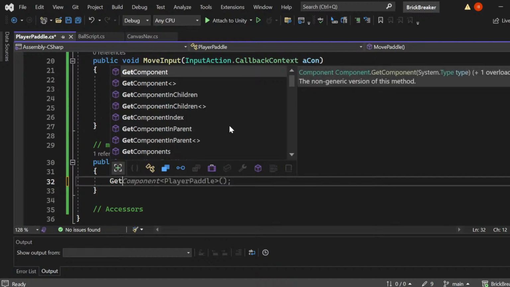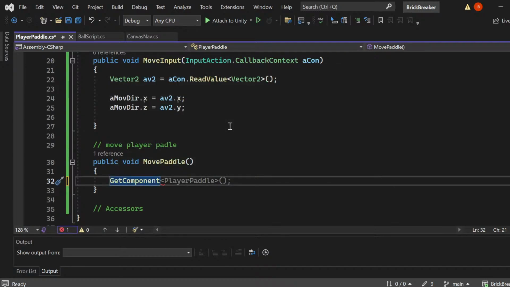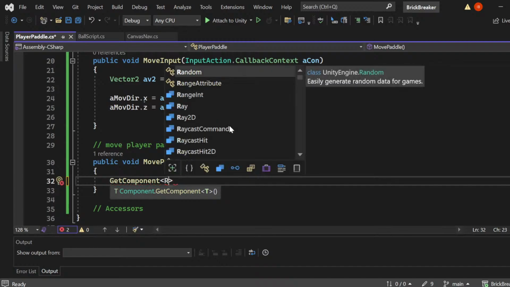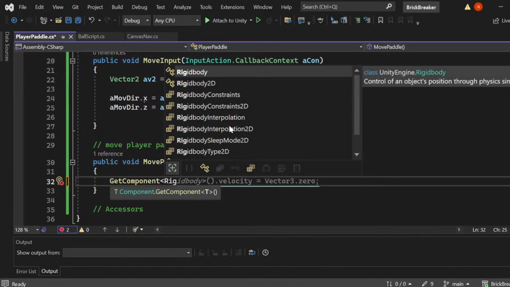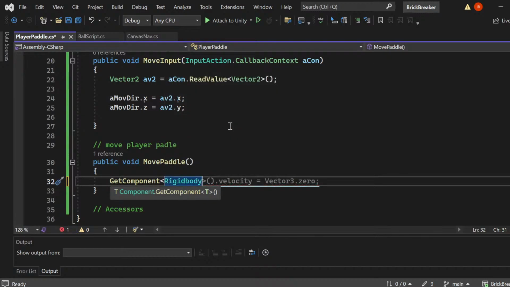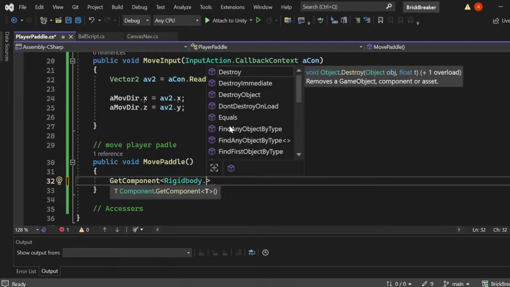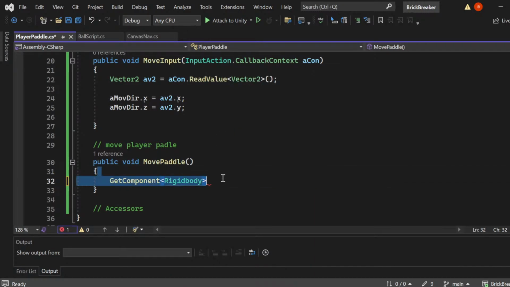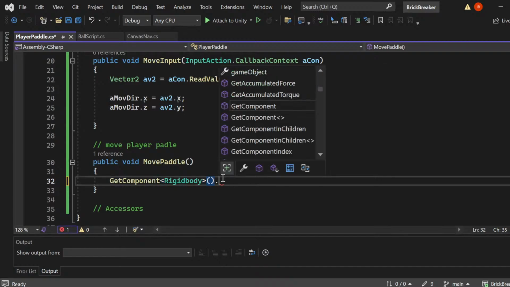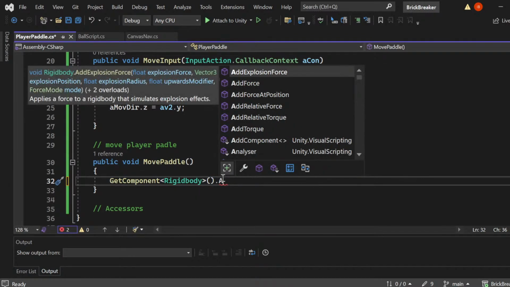Just get component of type rigid body, and we'll get the rigid body of this object, and we will add the force